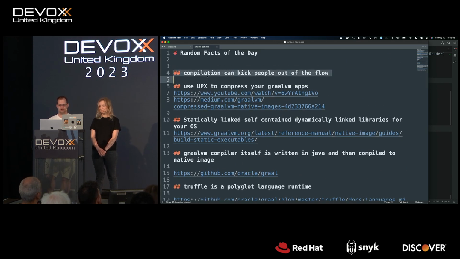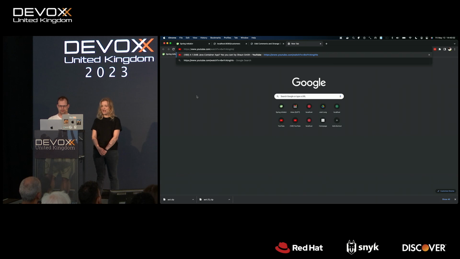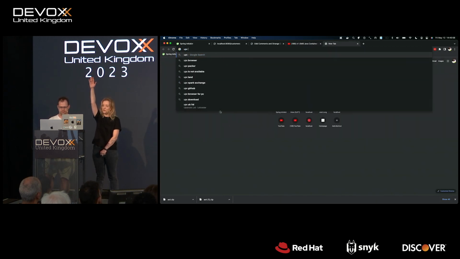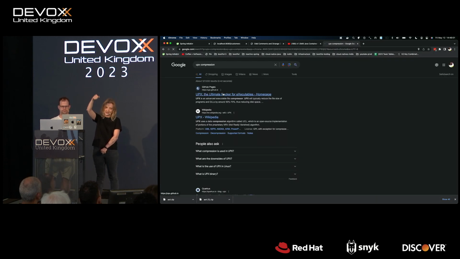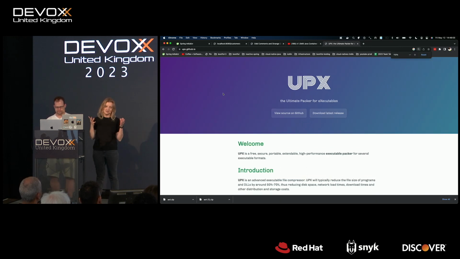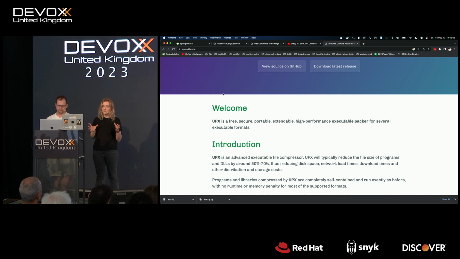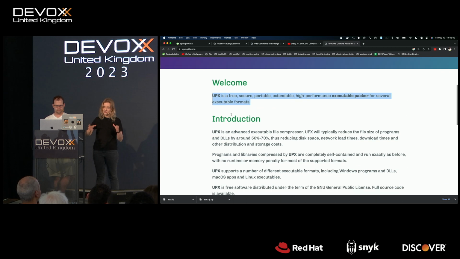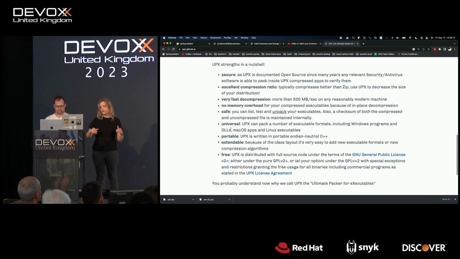About GraalVM. Right, so first things first, did you know you can use UPX, not UPS? UPX. Anyone ever used UPX? Right. Okay, I guess it's not that common in the Java community because it works with native image, like native apps primarily, right? But what it can do, it can compress your image even further as a native executable. So maybe you are running in a resources-constrained environment, and you need to reduce packaging size as much as possible. So you can take UPX and compress native executable to take the size even further below, and you can even choose different compression levels.